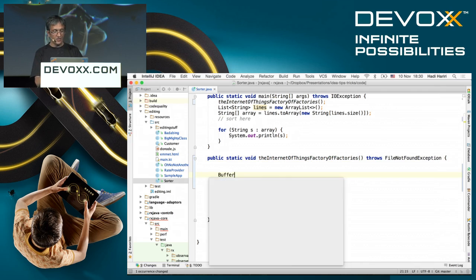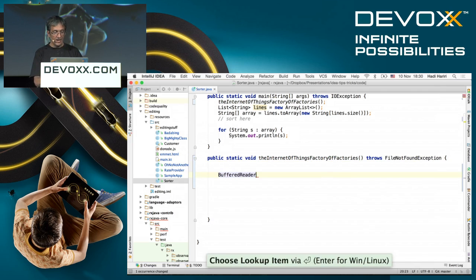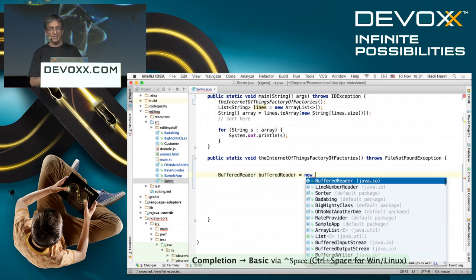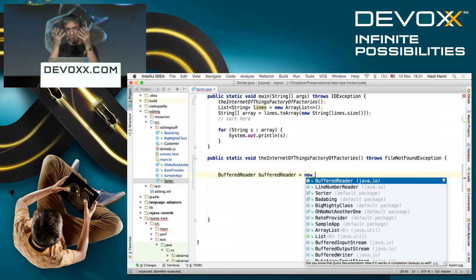So if I do, for example, buffer reader here, and I do new, what's going to happen is that it's going to give me basically everything that could possibly be there. That's completion. What you should normally be using is what's called smart completion, because in essence I can only instantiate something that descends from buffer reader.